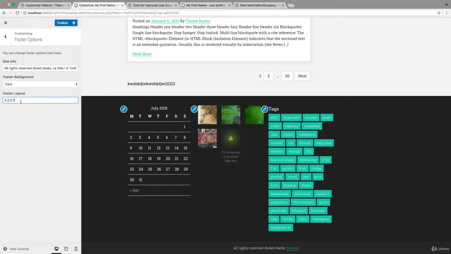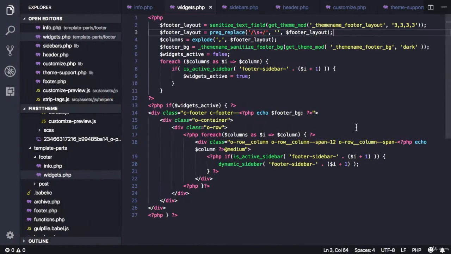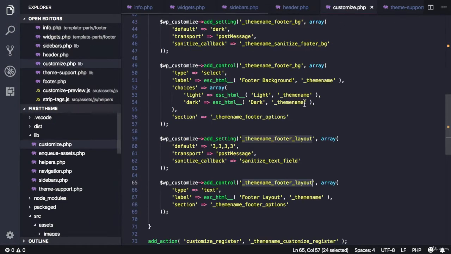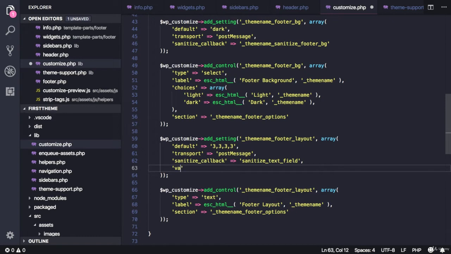we expect. So in addition to sanitization, settings can also accept validation callbacks. So let's add a validation callback here. And remember, the difference between validation and sanitization is that sanitization will happen before saving to the database, and in validation, if some conditions are not met, the value will not be even submitted to the database. So let's create a new function that will do some validation, and let's call it